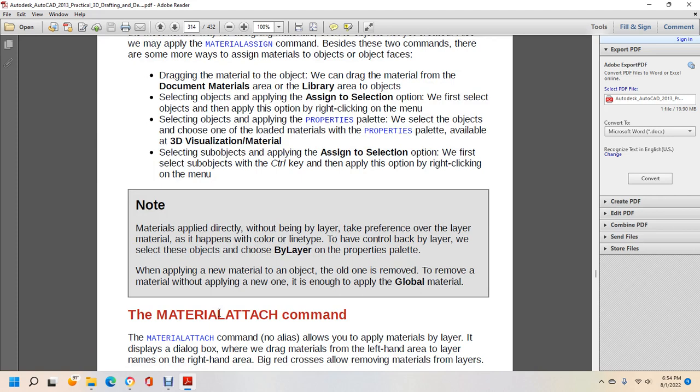Materials applied directly, without being by layer, take preference over the layer material. This also happens with the color and linetype. To go back, select these objects and choose ByLayer in the properties palette. When applying a new material to an object, the old one is removed. To remove the material without applying a new one, it is enough to apply